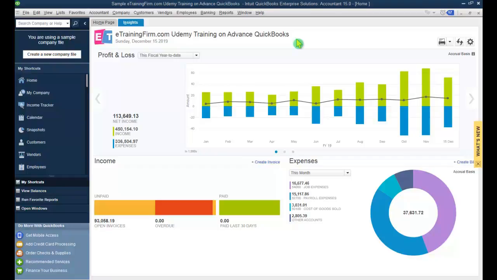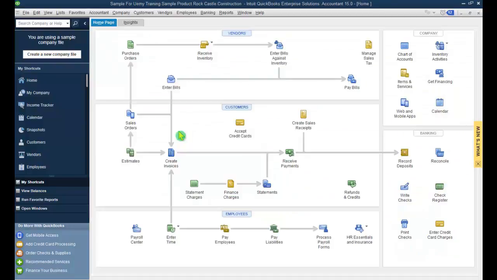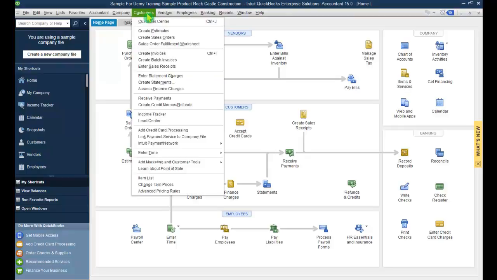So a credit memo may be settled by a transfer of money from the seller to the buyer's account, or through the purchase of an equal value of goods from that seller. It's also called a credit note. So in this video, I'm going to show you the practical demonstration of how to create a credit note. Using your mouse pointer, go to the menu bar and select customers, and then select create